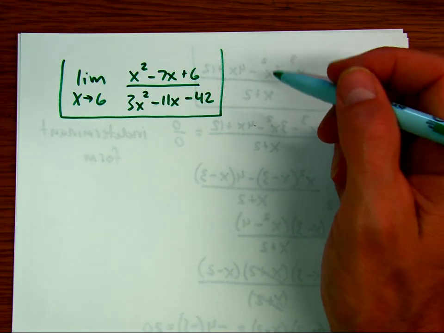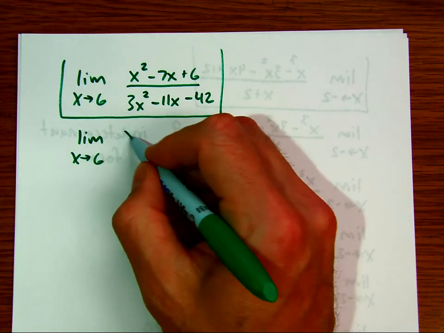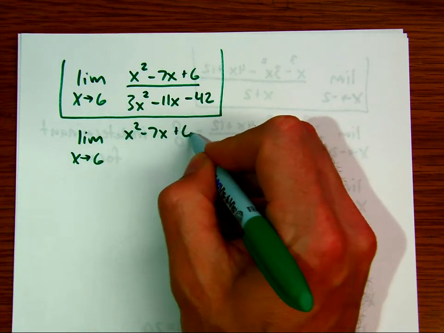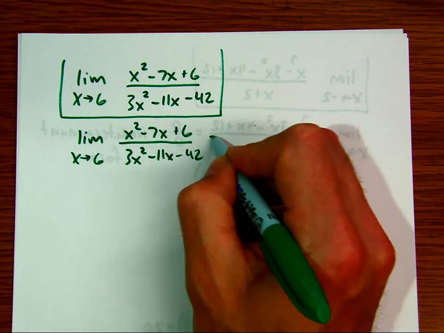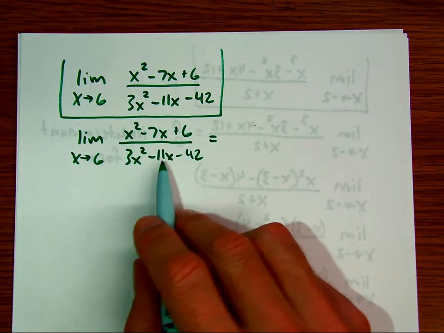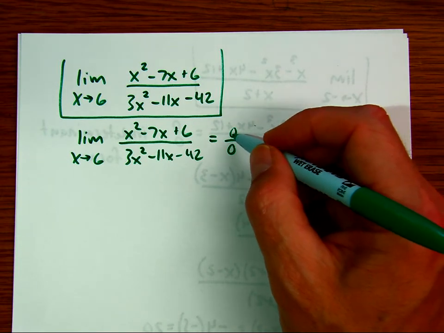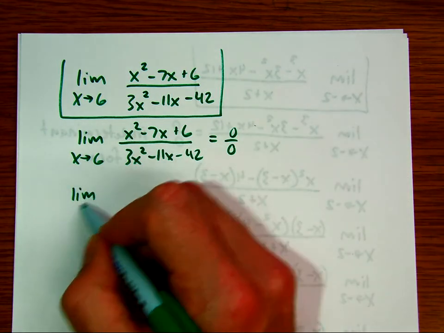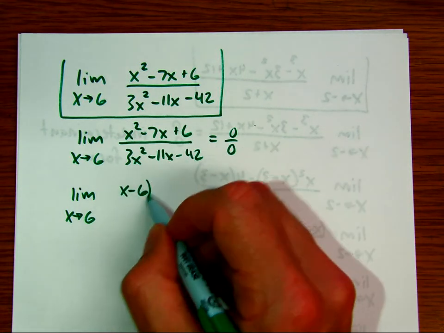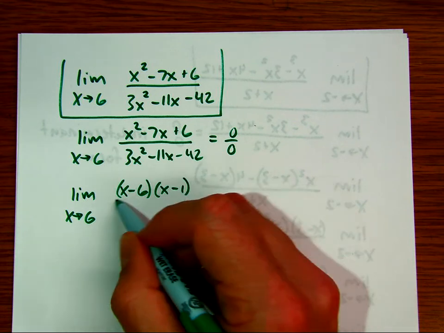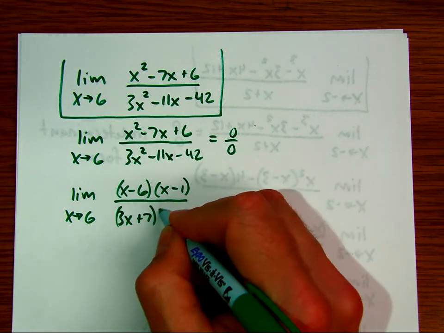Pause the video and try that one. So when we put a 6 into all the x's, we get 0 over 0. That's indeterminate, so we have to factor. We can factor the numerator as (x minus 6)(x minus 1), and the denominator (3x plus 7)(x minus